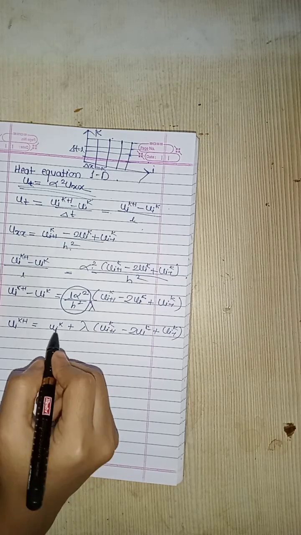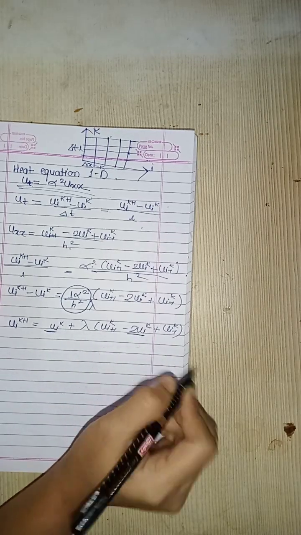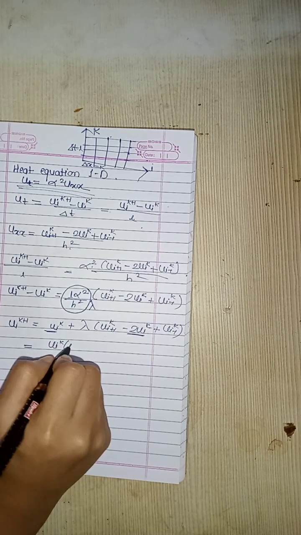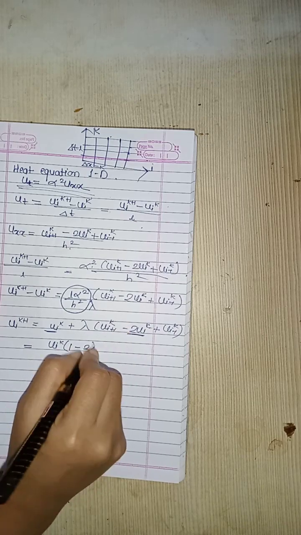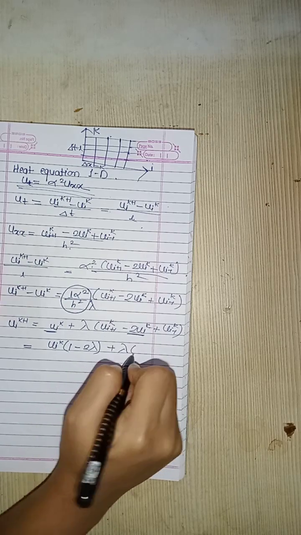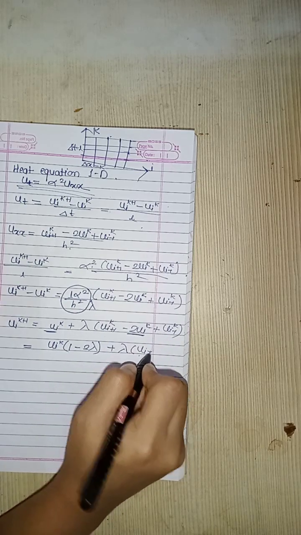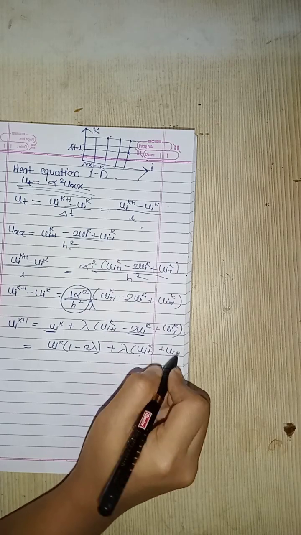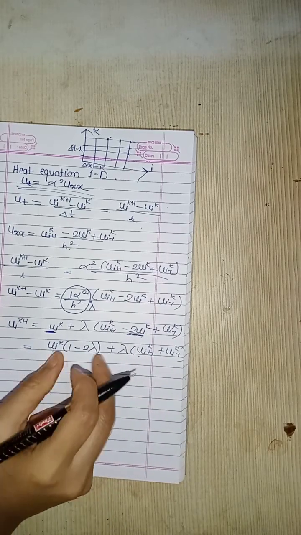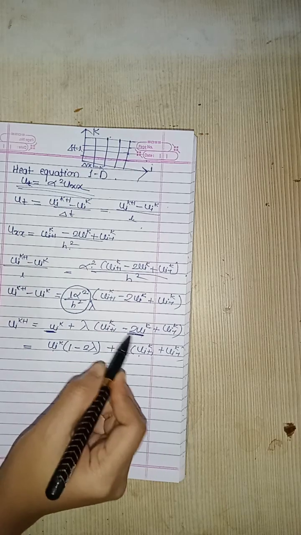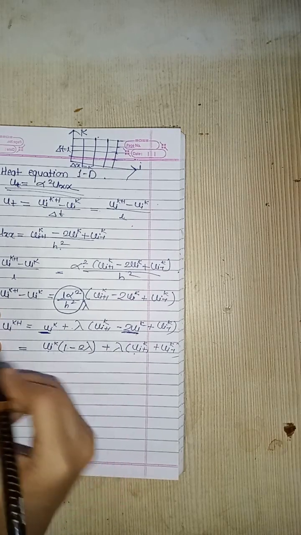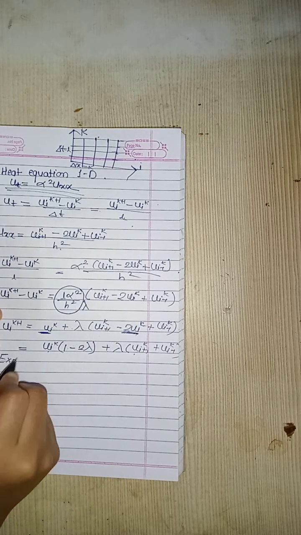So now as you have ui k and ui k common over here, you can consider this as ui k. If you take common, then we have 1 minus 2 lambda inside the bracket, and the rest is nothing but lambda into ui plus 1 k plus ui minus 1 k. So I have to just take together these ui k terms, and from this you can get common as 1 minus 2 lambda, and then the rest is the same as it is. So this is known as the explicit formula,